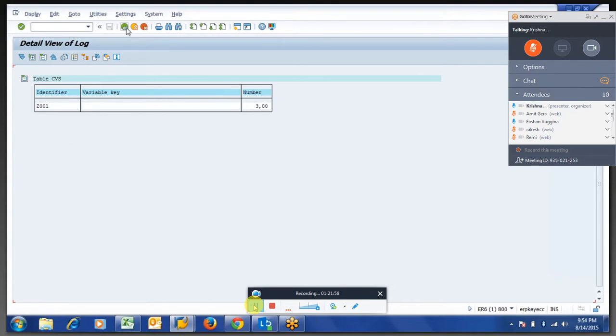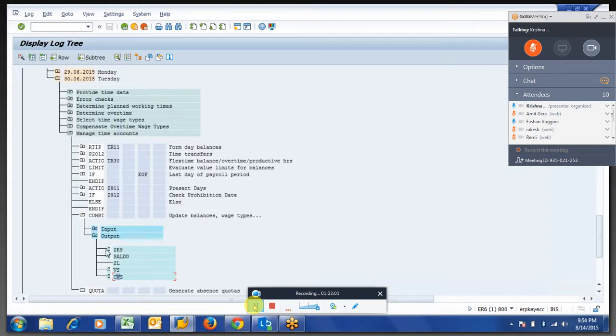Up to here, I think you understood about the tables called ZES, Salado, ZL. You are going to understand them when you generate the time-based tags. So VS and CVS are the tables we use straightforwardly when creating quotas. There are other tables again. Time pair tables will come into the picture when you are working with all these blocks. Almost on all these blocks we are going to work, so I will explain those tables when we go to the particular scenario.